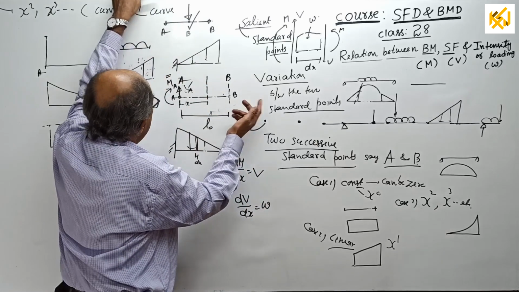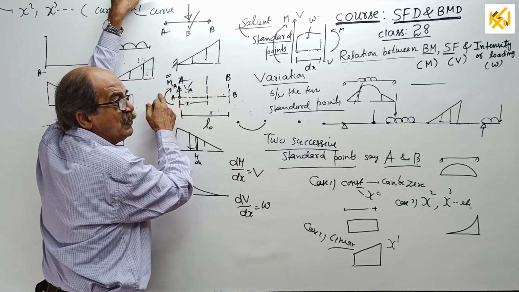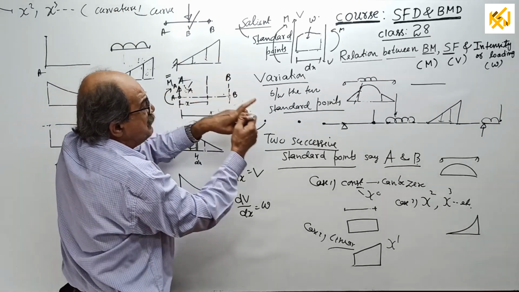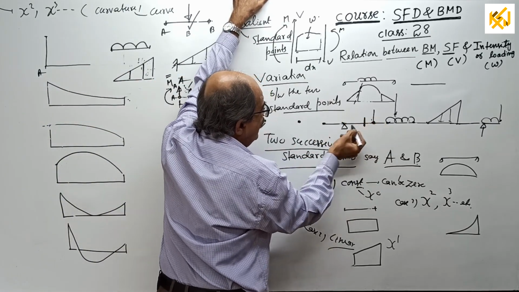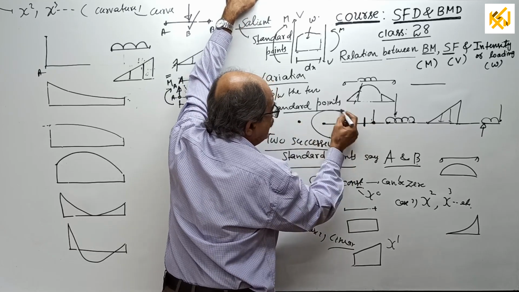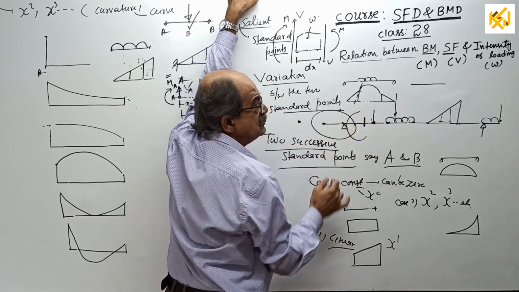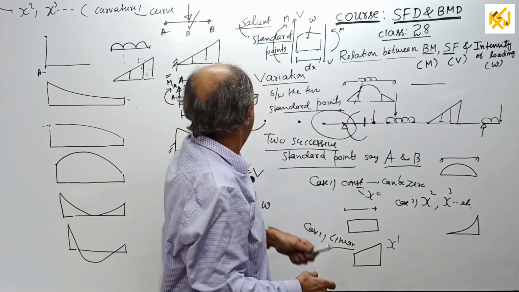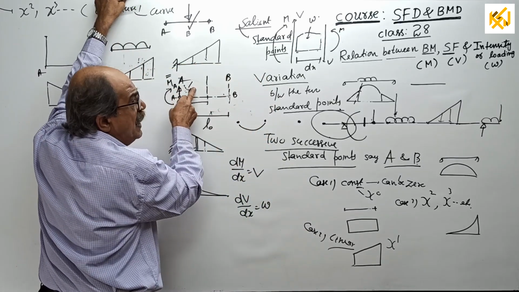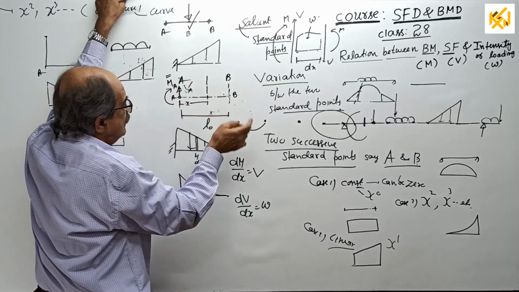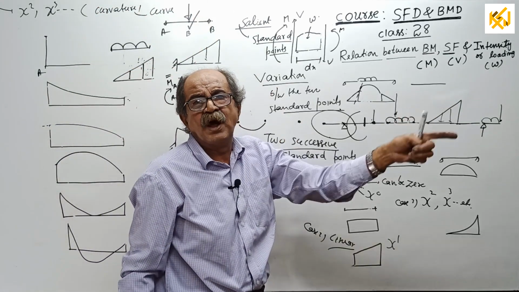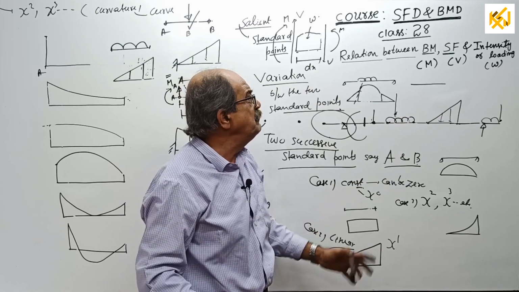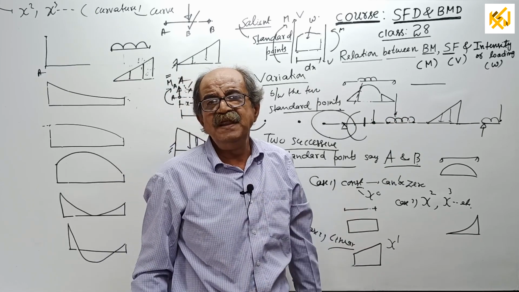Or if it is an intermediate point also, they are shear force and bending moment only. If it is an intermediate point, suppose here, then V is the net vertical force and M is the net moment. So they are constants. This VA and MA are constant. Now L0 also, the distance between two standard points, is constant. In between, X will come, that is a general point.